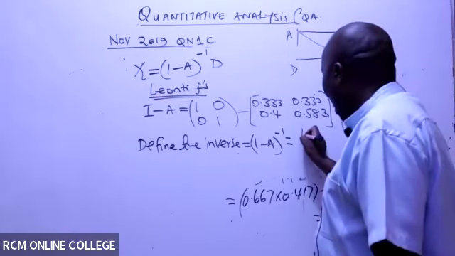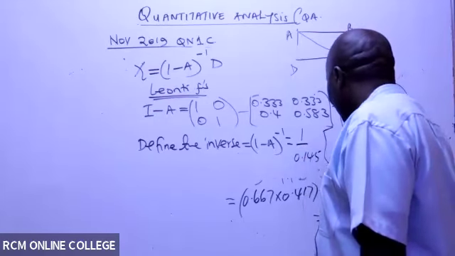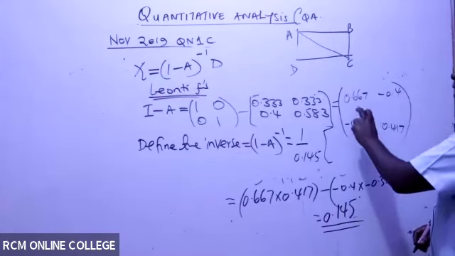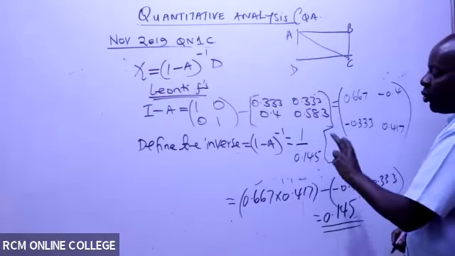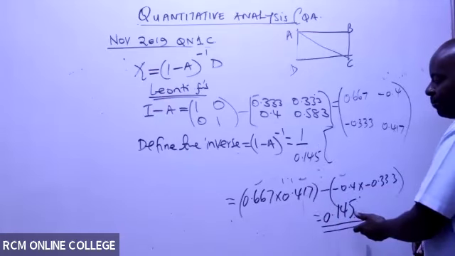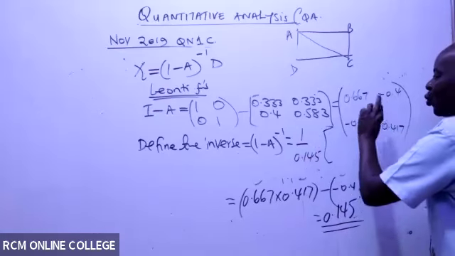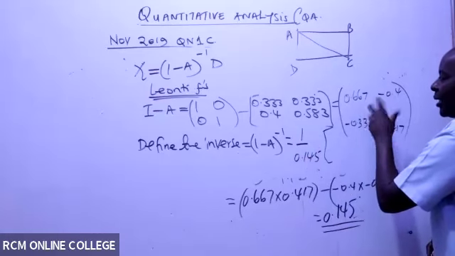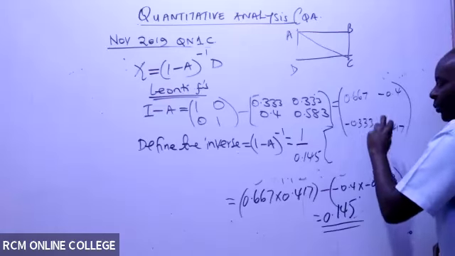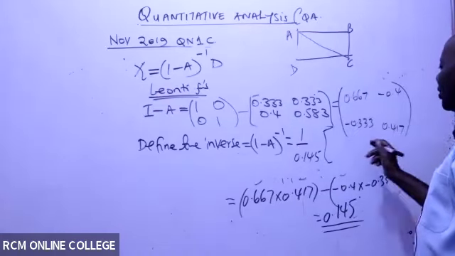We normally take 1 over the determinant. When you get to the definition of the inverse, you normally do two things. You say 1 over the determinant you got here. And then inside this matrix, two things again. We swap primary elements. The primary elements, these are the primary diagonal elements. We swap them, we exchange them, we interchange them. So this goes here, this comes here. So we have